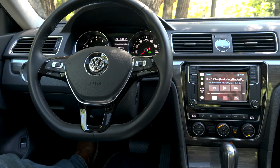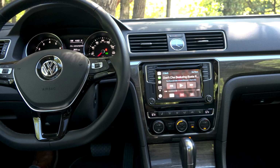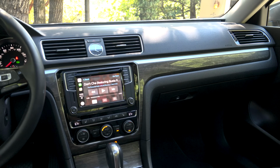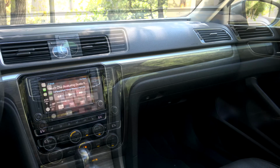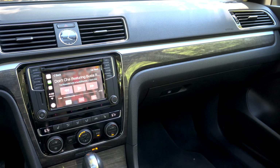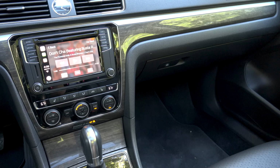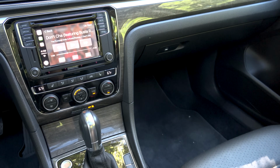As we pan from one side of the dashboard to the other side, Volkswagen's very conservative design theme should be very obvious. Things are very upright, fairly square, and definitely very horizontal. Be sure and let me know what you think about the design down there in the comment section, both inside and outside. If it sounds like I'm down on the design of the Passat, then I'm giving you the wrong